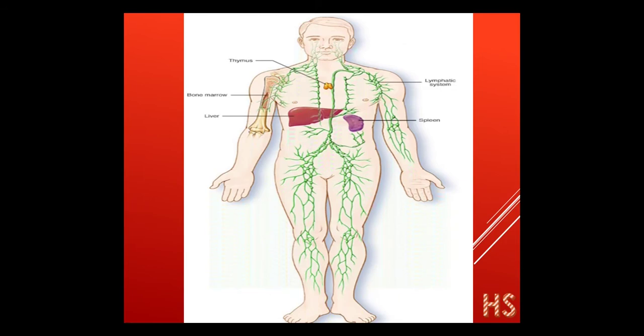Now if you look at this diagram, it is quite related to the circulatory system only, but there is a difference between this part. This part is related to the lymph, it is not the circulatory system, okay. This part is related to the lymph. See, as we have the circulatory system inside our body, the same way we have the lymph inside the body, okay. What is the function of the lymph?